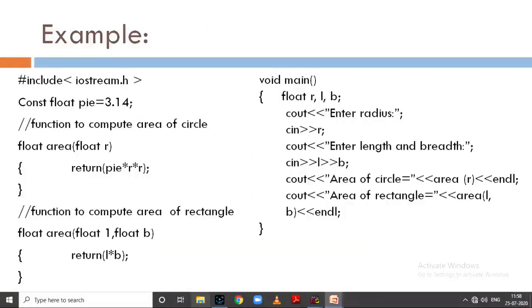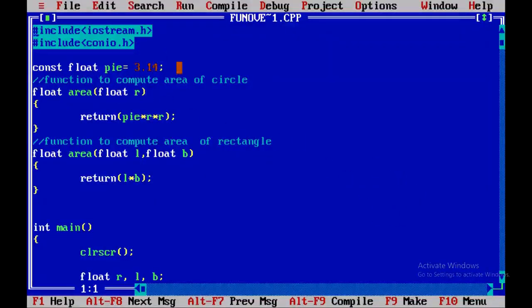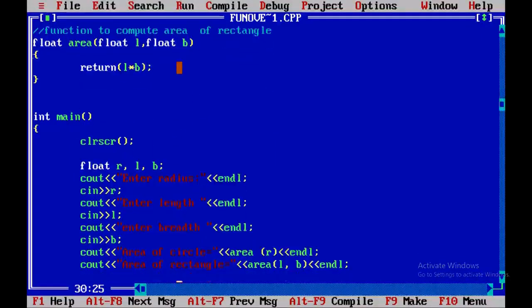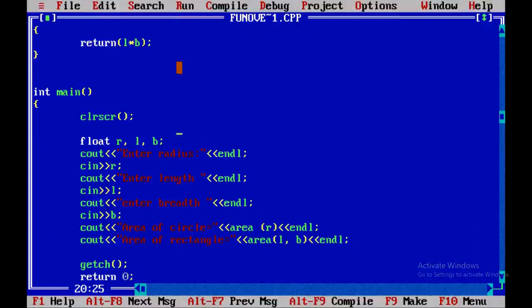So let's run the program. Once again, I have taken const float pi equal to 3.14 as a constant value and used it in calculating the area of a circle, and another area function has two arguments L and B. In int main I have specified the values of R, L and B and then pass them to the function area.